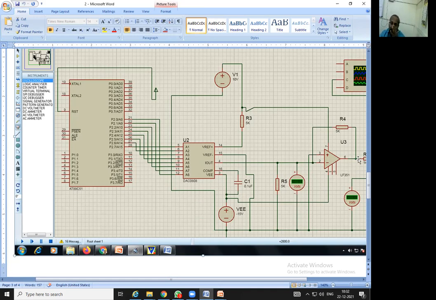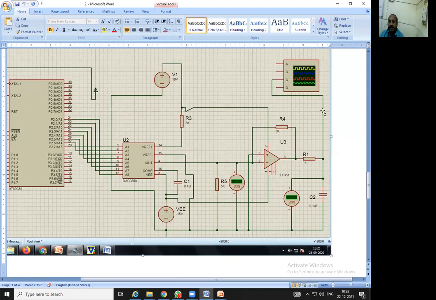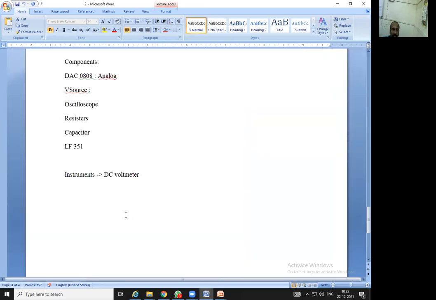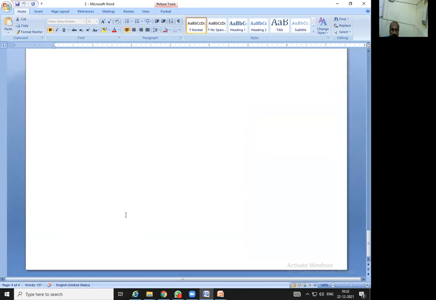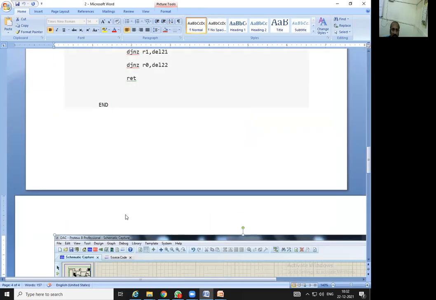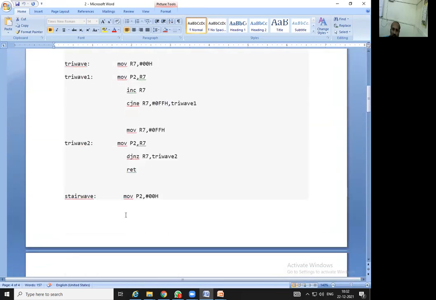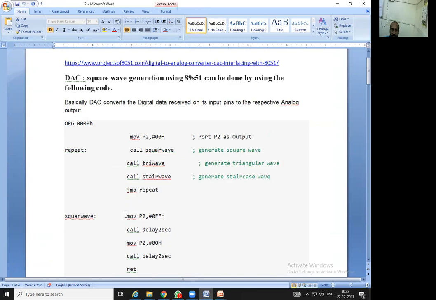And to check this current waveform, next you can see the oscilloscope is connected over here, through channel number 3. That is the C channel, and the red color is also there. A different color for the different channels is available over here. So how it has been connected. Before that, we will go to the component list, and this is the code, how it is going to be utilized.